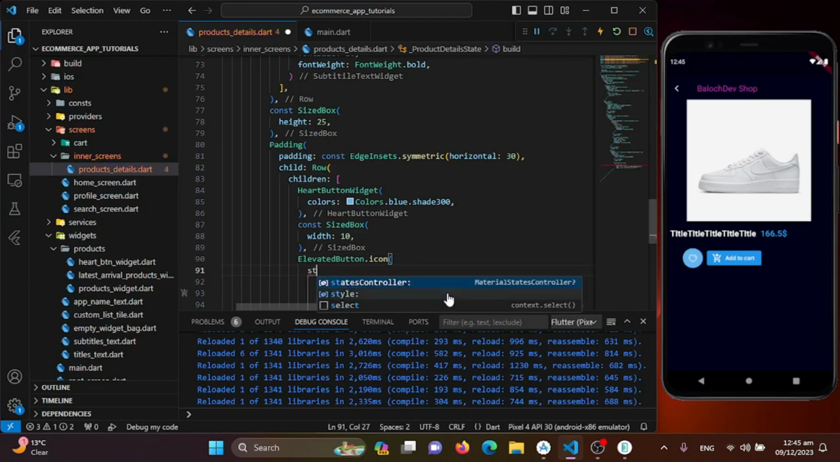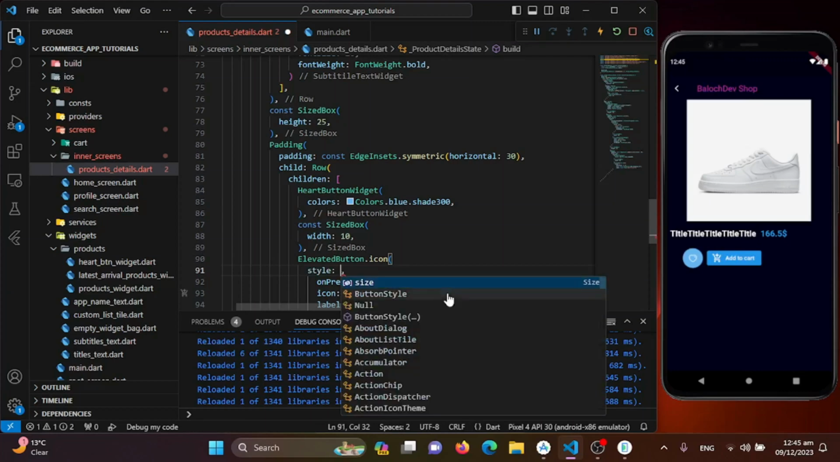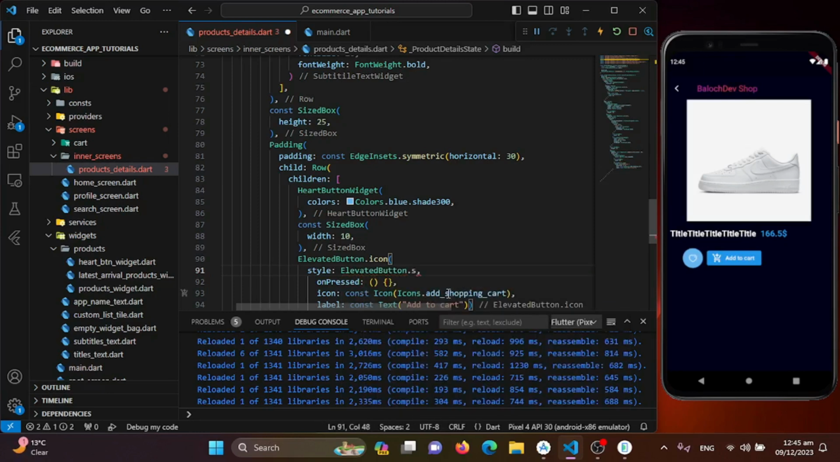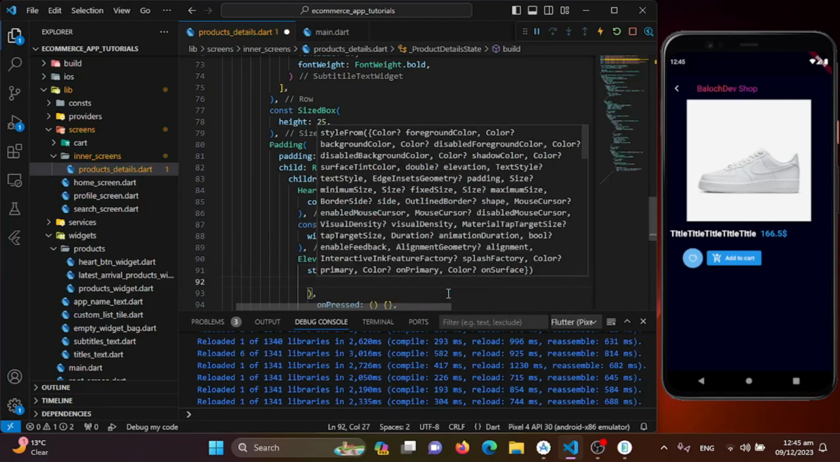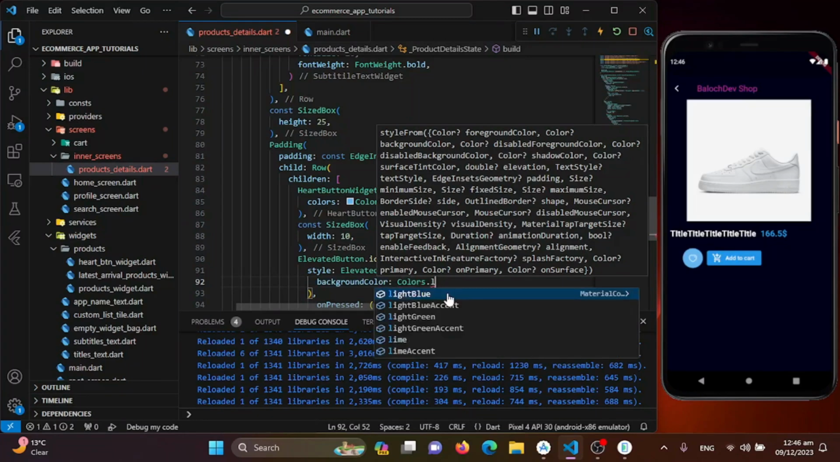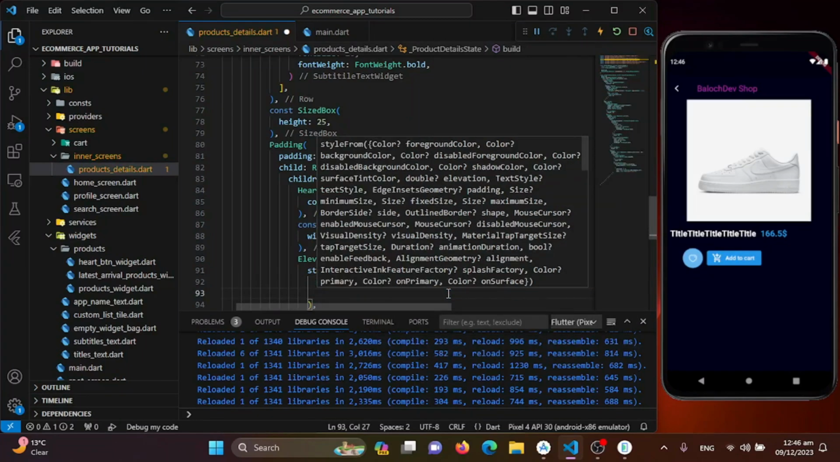We will be using the style property, and inside the style property we need to use the ElevatedButton.styleFrom. Now inside this we will be giving some colors, which will be the background color, and the color will be Colors.lightBlue, and I'll give it some kind of